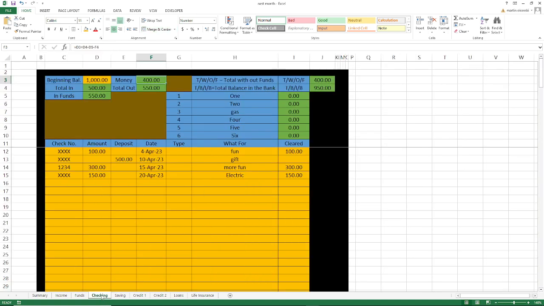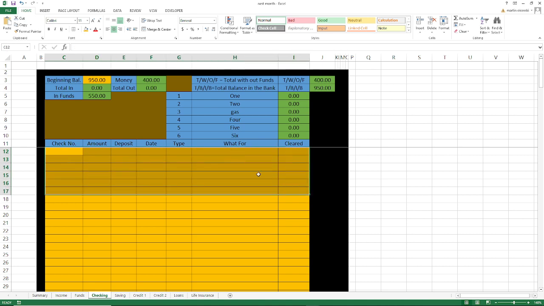Then when you go to checking, you take $950 because that's what's in your bank. Then you transfer it to this one, $950. Then you hit enter. Then after you do that, you delete everything down here. You have to do it this way, because if you delete the bottom, it will change that number. But when you take this number first and transfer it over here, everything will be good.